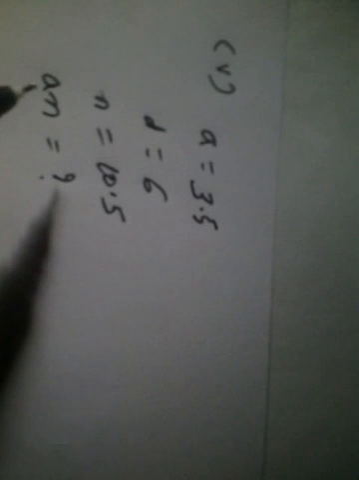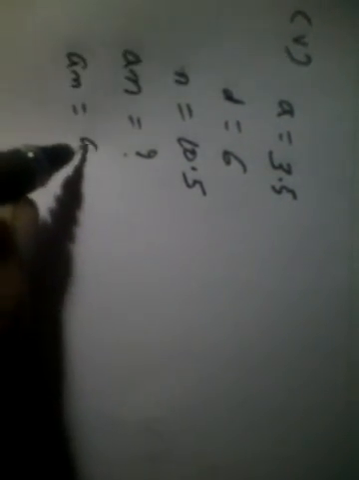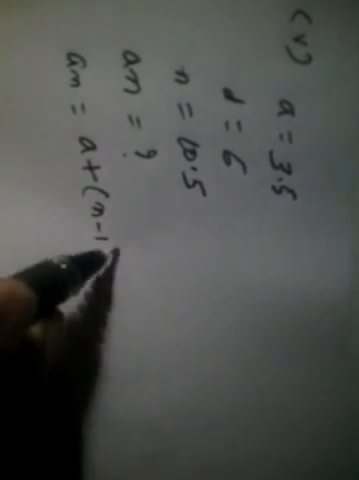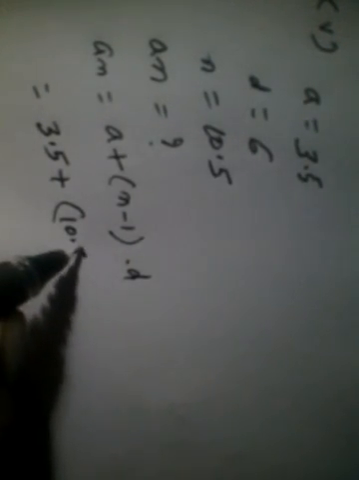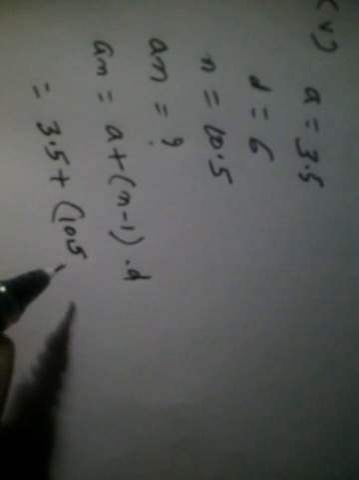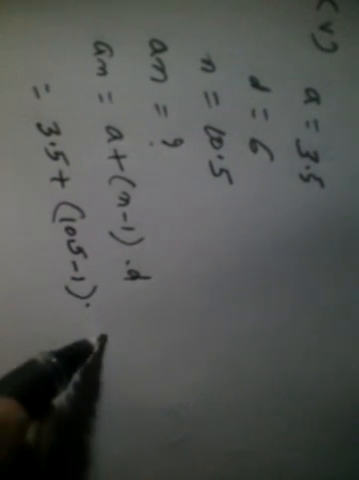So this is part 5, which says a is equal to 3.5, d is equal to 6, n is equal to 10.5, and we have to find out an. So we know the formula an is equal to a plus n minus 1 into d. Now this is equal to a is 3.5 plus n is 10.5 minus 1 into d is 6, or this is equal to